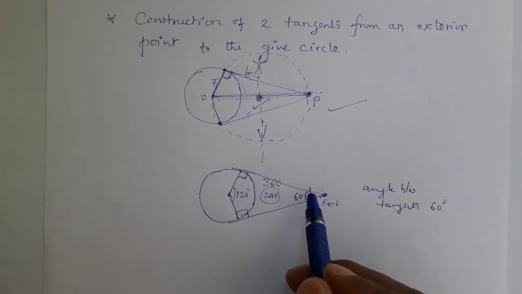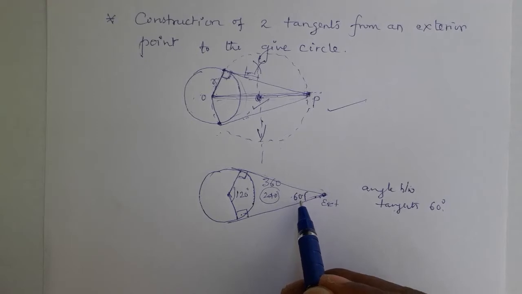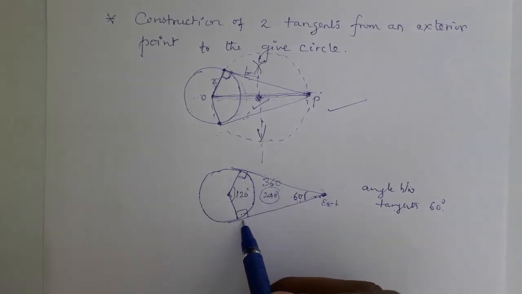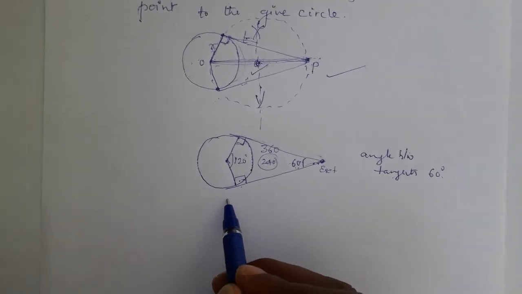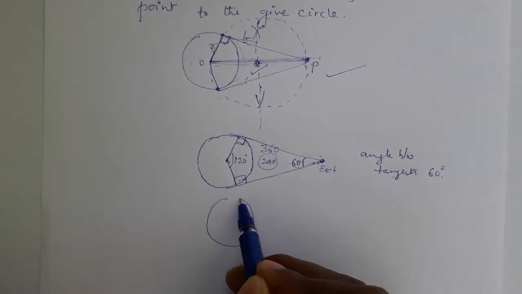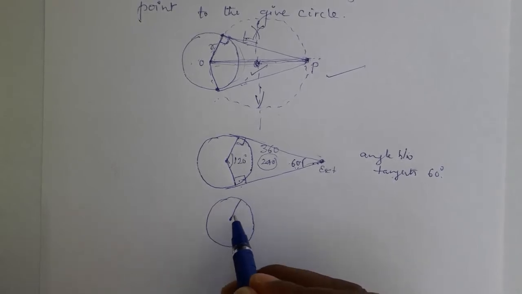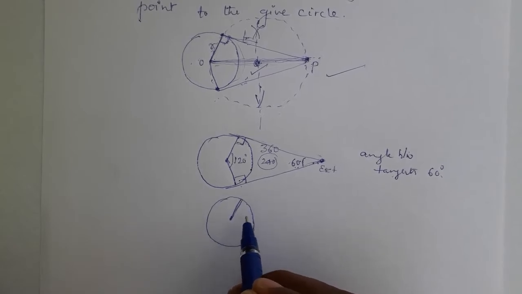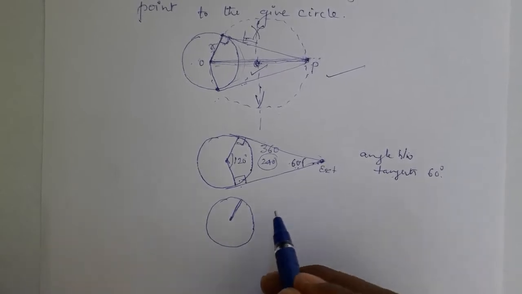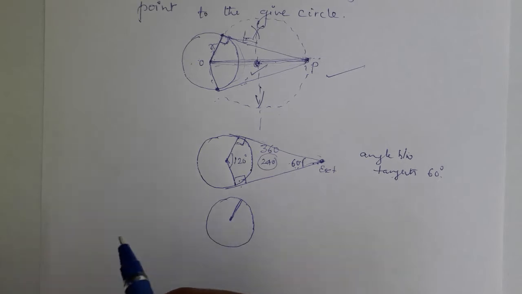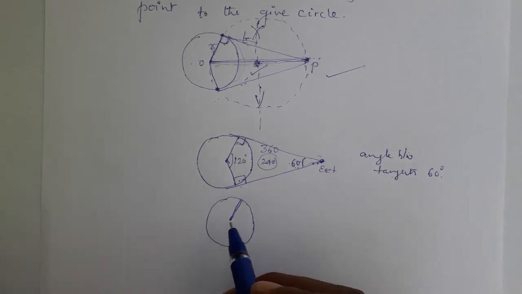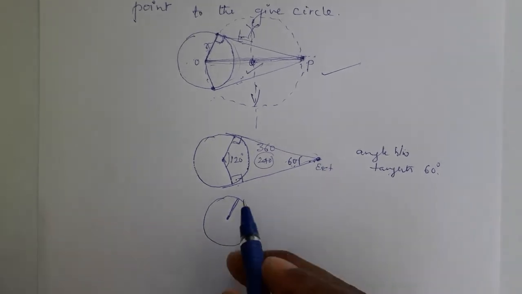So what we are doing in the question, the 60 degree is given actually, but we are not constructing the 60 degree. Other than the 60 degree, these three angles we are constructing. First we construct a circle. We draw a circle with the given radius. Then we mark one radius anywhere inside the circle. Better you mark here, then the tangents will come on the right hand side. If you mark the other side, the tangent turning changes. I mean, it tilts towards the other side.